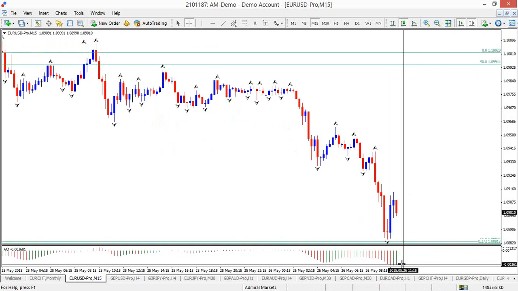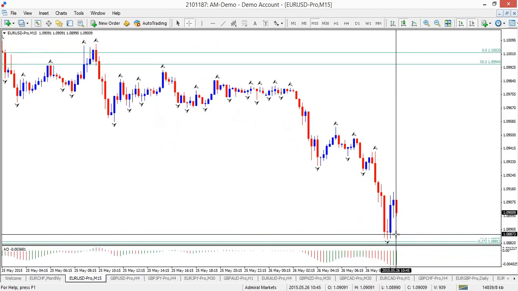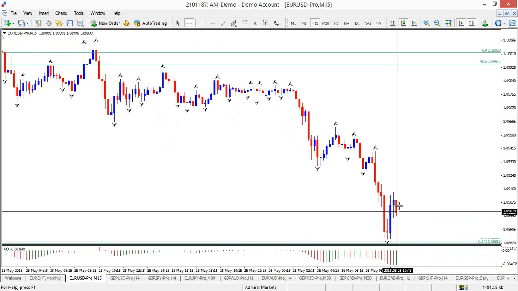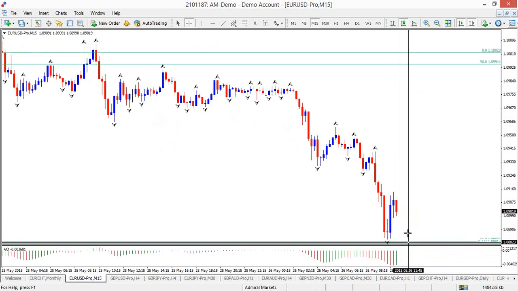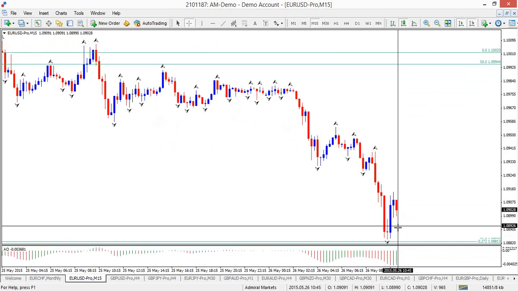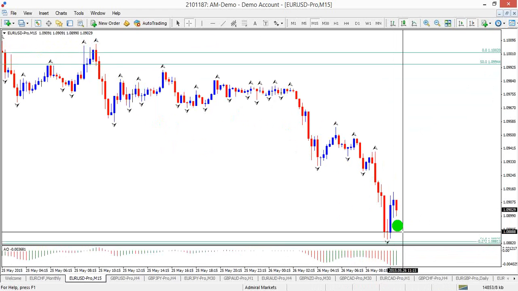Let's see. I think the 15-minute chart is probably a bit better. This is the 3rd candle only. So we need 5 to 6 candles, 5 to 7 candles, not breaking this bottom. And that could be the first indication that we can get some retracement or a bigger bounce. And then looking for a long here at that blue dot when we get failure to break the bottom could